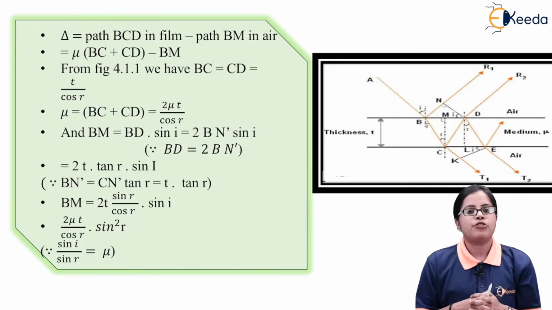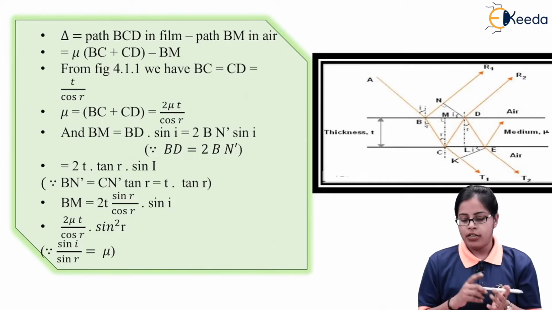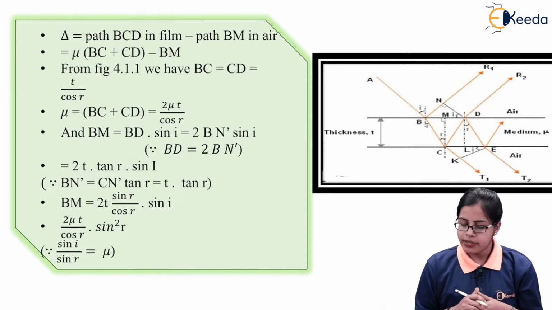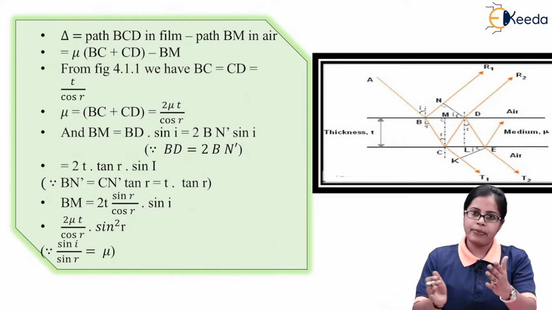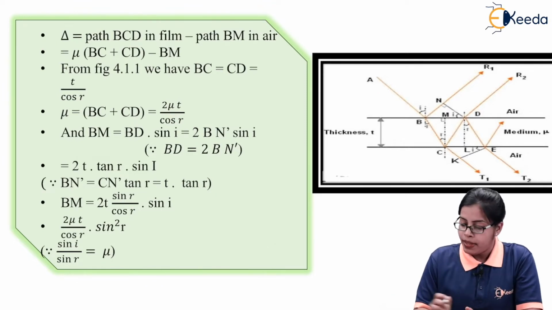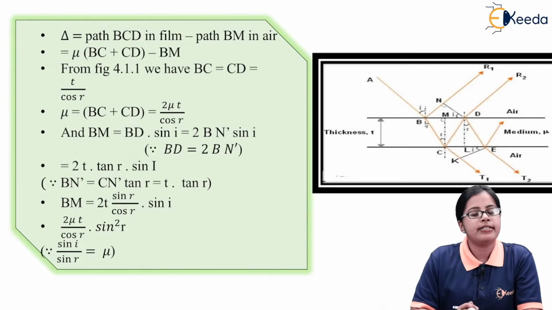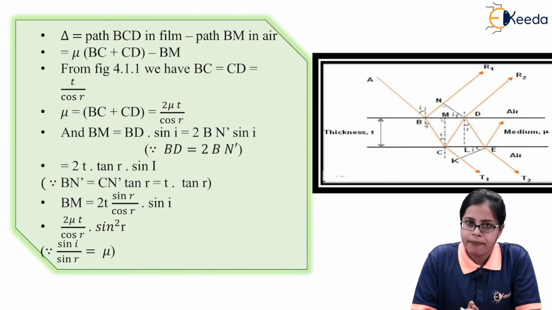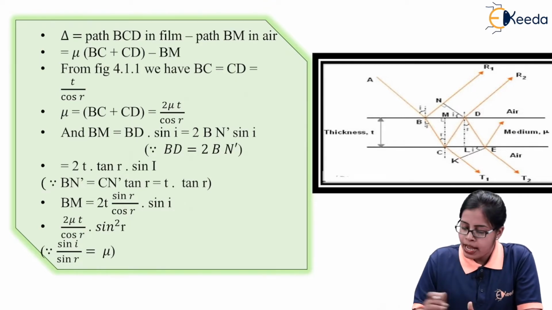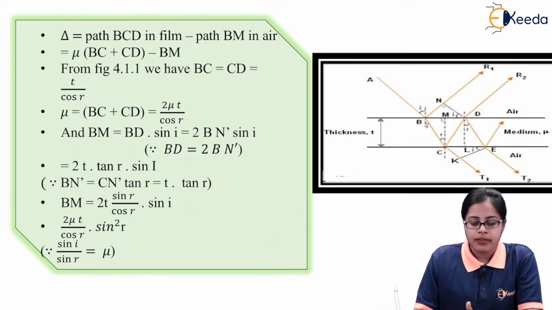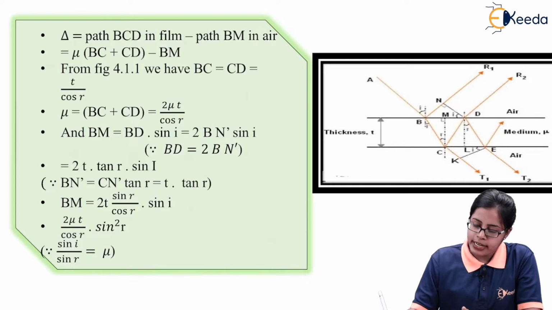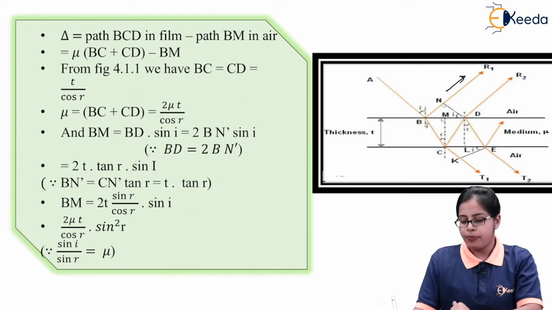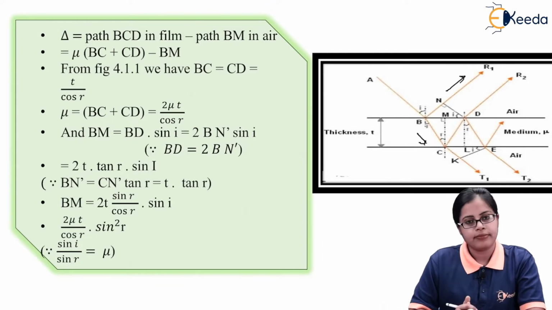So our first aim is to find the optical path difference. So let's start with calculating the optical path difference. Now as you can see in the diagram which I have shown over here, that is the same diagram which we have done previously. In that, AB is considered to be the monochromatic ray of light having the wavelength lambda, and at point B the ray is undergoing two phenomena: a small part is getting reflected along BR1 and the major part is getting reflected along BC.